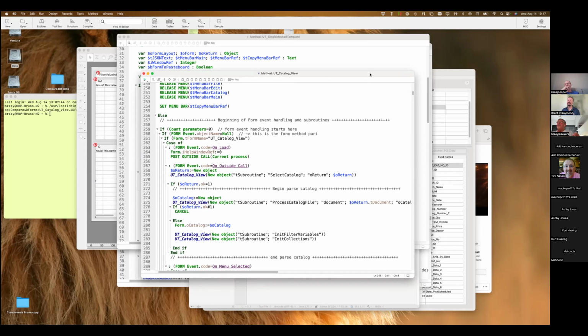I only generate them in code, and then use the form layout object to show everything. So it's just another way of working and getting used to it. I know it's probably not to everybody's liking, but I'm okay with that.